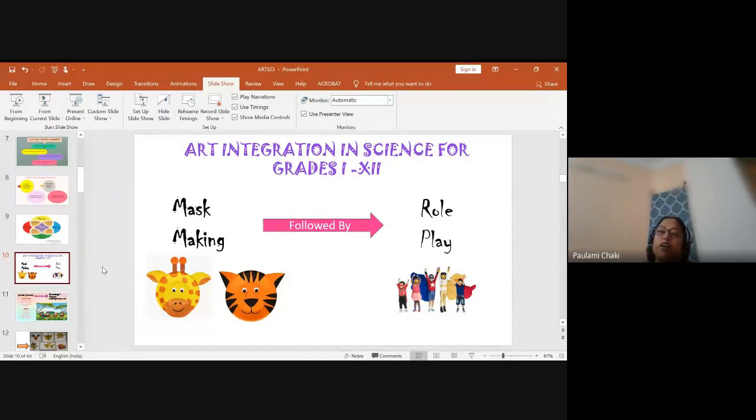Once they have finished their mask making activity there, you can come to your class and say, yes, I have come to know that your art teacher has helped you understand how to make masks, and you have made beautiful masks. So now, children, in the next class, whatever mask you have made, I am giving you 1 day or 2 days time, as you can see how the children are, because that is very important to be taken care of. After 2 days, I want you to do a role play on the mask you have made. So see how crazily the students will come to you.